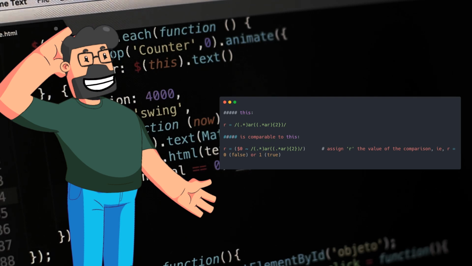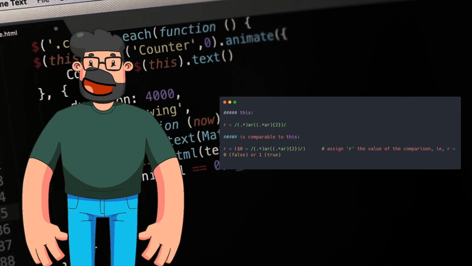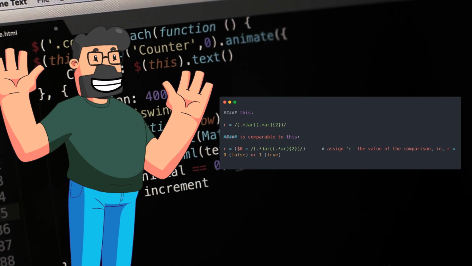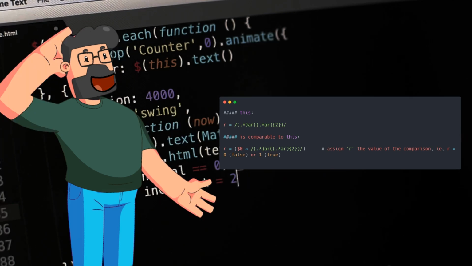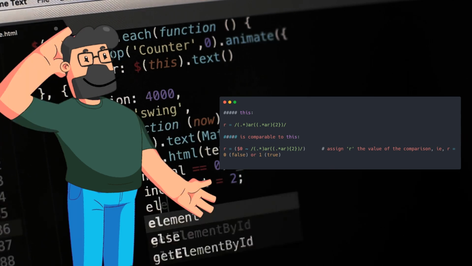The comparison between the two scenarios, with and without the symbol, helps in understanding how the pattern is assigned and used in the script. It's a smart way to handle regular expressions in awk and makes the script more readable